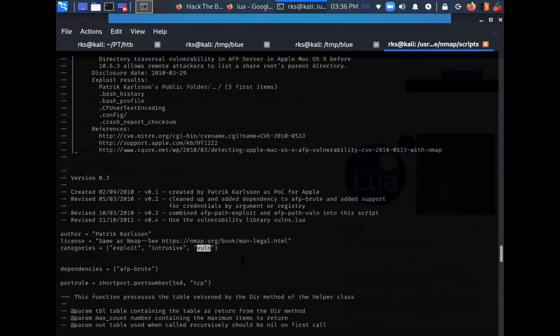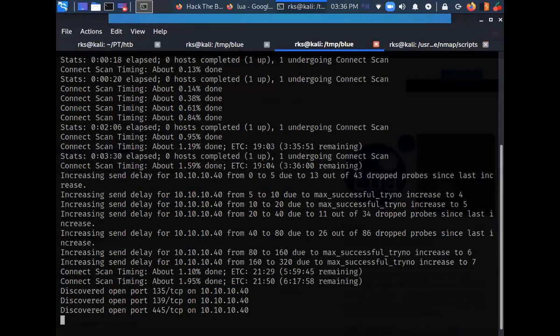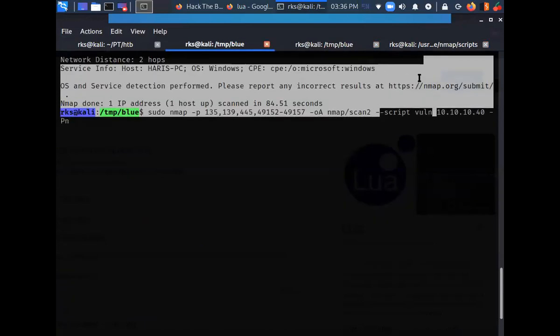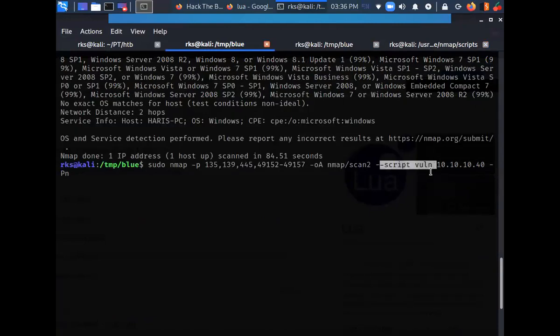So vuln is the category used for referring to the vulnerability detection scripts. So when I run this command, it is going to run all those scripts which fall under the vuln category.